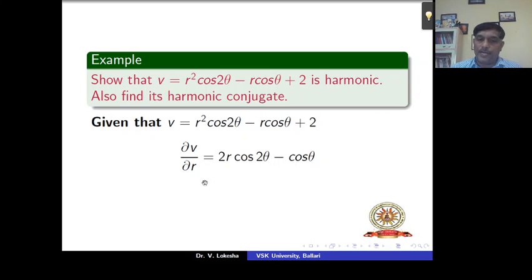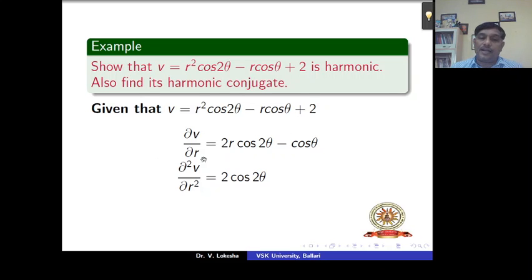First, here ∂v/∂r is equal to 2r cos 2θ minus cos θ, because the derivative of r is 1, the derivative of r² is 2r, and the constant term becomes 0. Similarly, the second order derivative with respect to r, that is ∂²v/∂r². Here r becomes 1, cos 2θ becomes constant because we treat r as the variable and θ as a constant